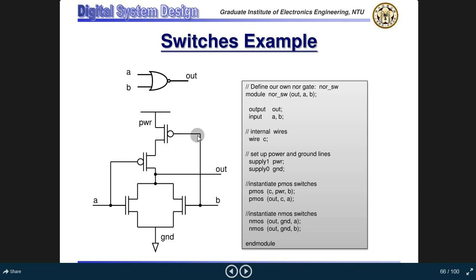This is the structural logic, the basic building blocks that will be used to create the NOR gate. So first we will describe the logic of the structure, and first we will describe the outputs, the code that we have written here to create this NOR gate. So now this sign is saying that we can define our own NOR gate, NOR_SW. So let's start. Module NOR_SW is the name.